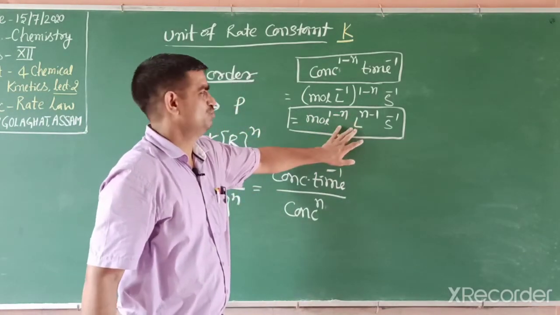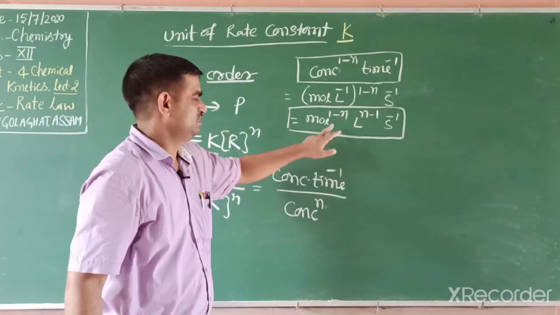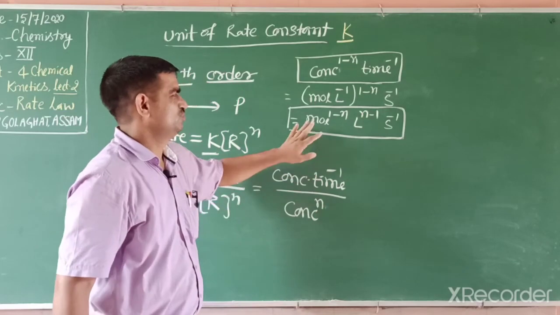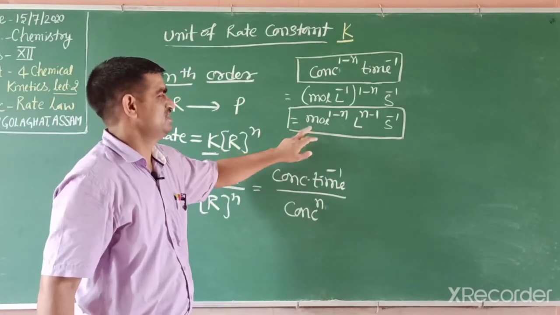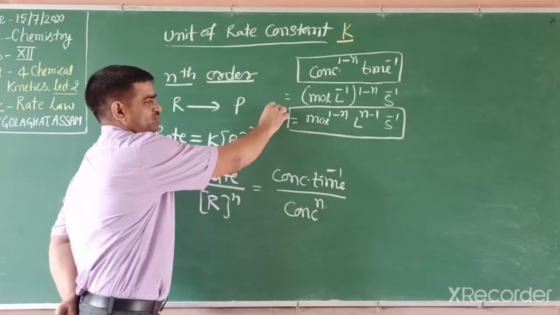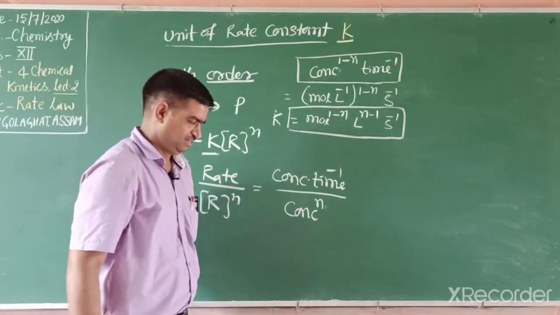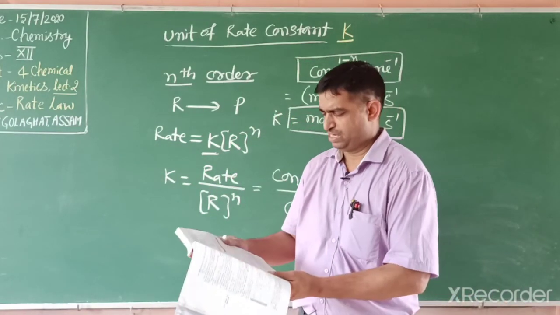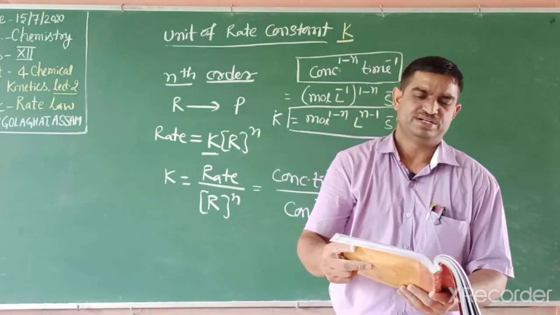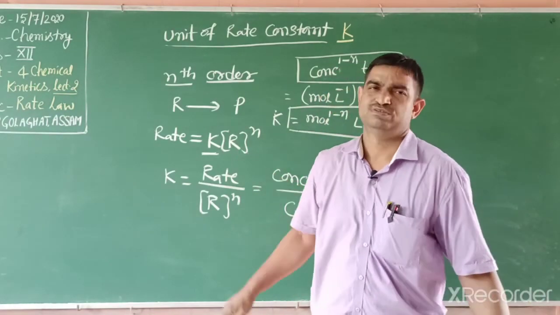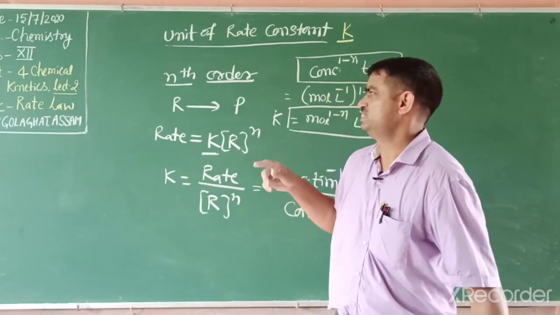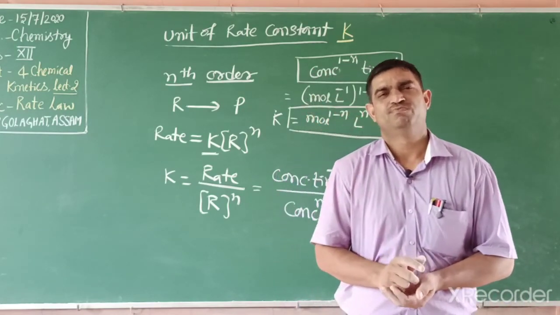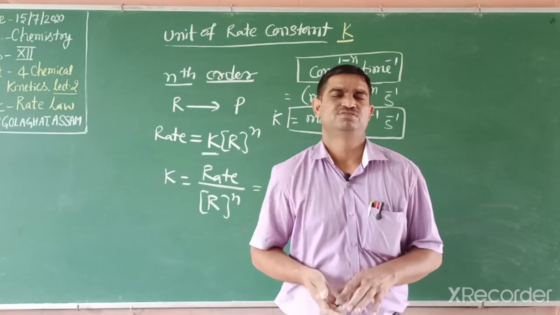If n is equal to 0, that is the rate of reaction. If n is equal to 1, it means this value is only second inverse. So this is a general expression. We can identify the order of any reaction from the unit of rate constant. Students, many numericals are given in your NCERT book. One is given at page number 101. To identify the order of reaction, the unit of rate constant is given. So by that unit we can easily identify it. Write some numericals in your homework copy and make notes.